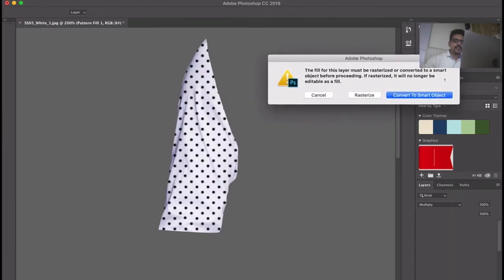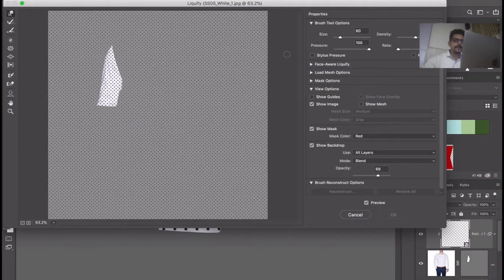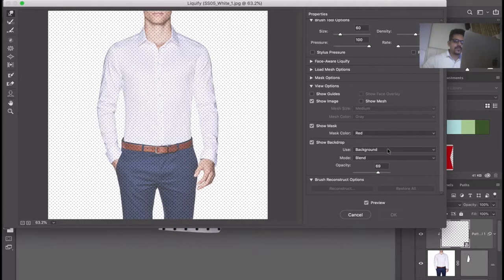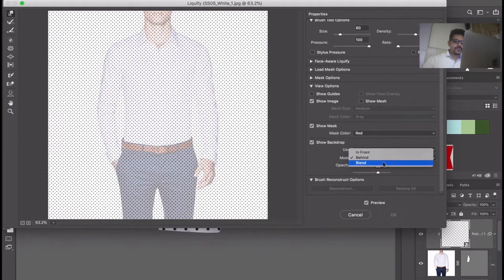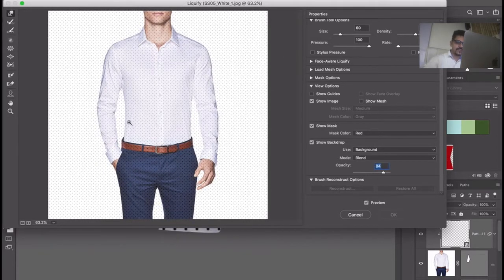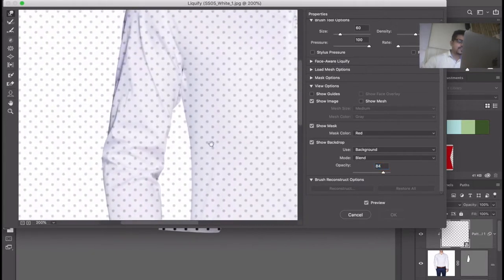Okay, I'll say yes to whatever it's saying. Okay, then I'll come down here. I'll say background maybe. I think blend should be nice so that I can see what's happening. Opacity is to be able to understand and look at the base image that's going on. Okay,